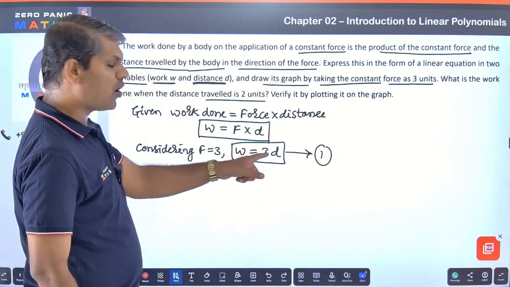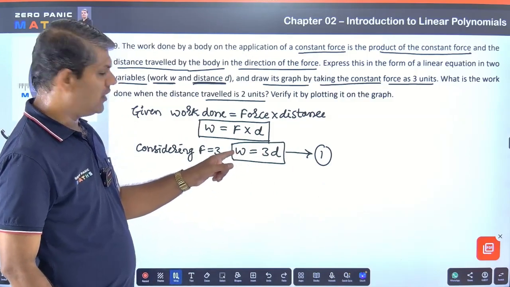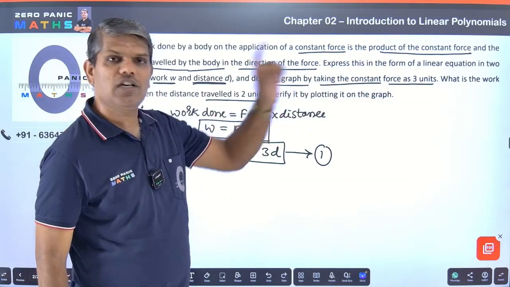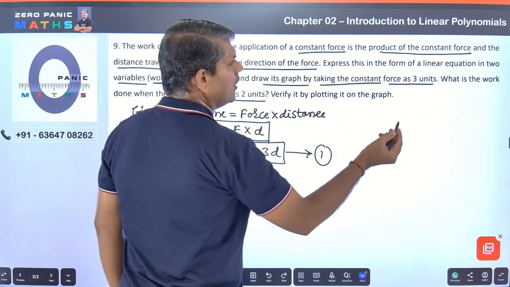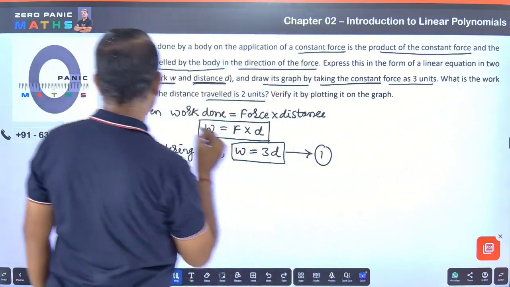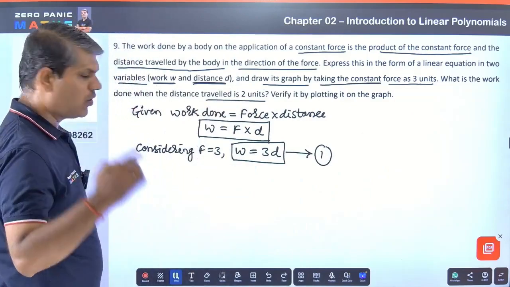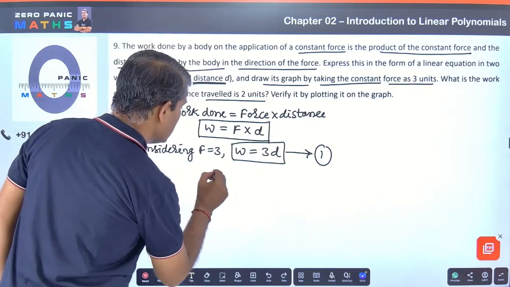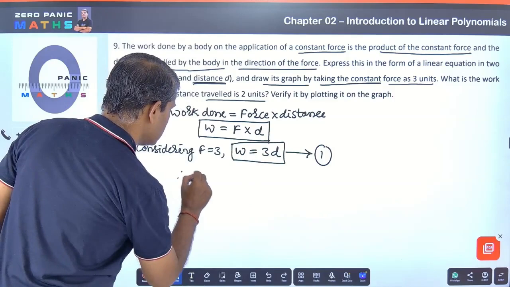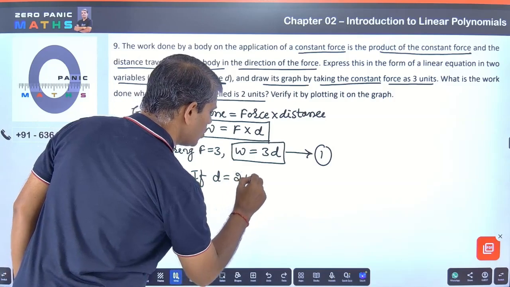So this will be the formula used. 3 times the distance is work done, because we have the constant force as 3 units. Okay. Now let me answer this question first. What is the work done when the distance traveled is 2 units? Okay, so substitute D is equal to 2, that is the work done. So if distance traveled D is equal to 2 units,